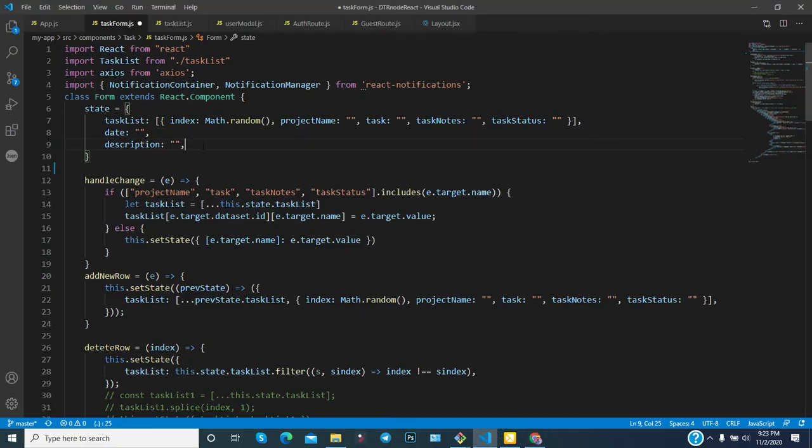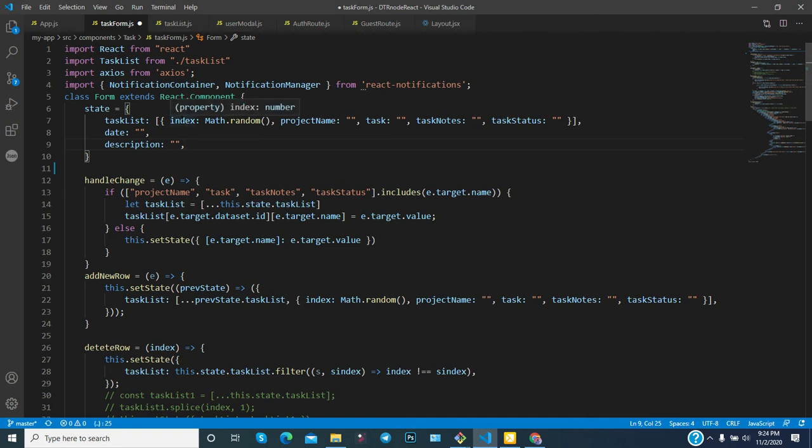But you may be curious to know why there is an index, what is the use of it. Basically, index is to make that value unique. As you know, Math.random will always generate a random value. It is very difficult that it will be the same. It is a very rare chance that it will be the same. Most of the time it is unique, because the random number is generated by this Math.random JavaScript method. So you can consider that it is unique.